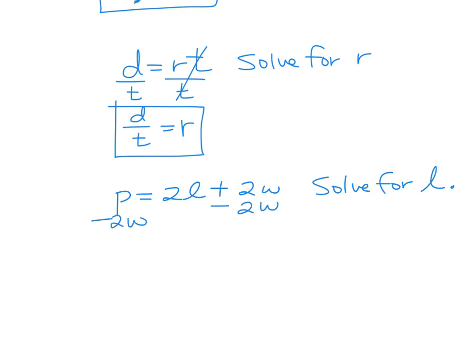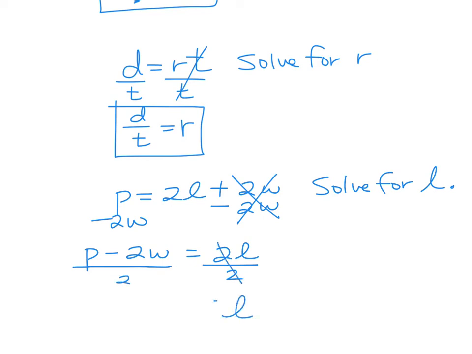So this is gone. P minus 2W, you can't do anything with. So you write it as P minus 2W. Okay, so that's my left side right now. My right side is L. What do I do next? Divide by 2. And when you divide by 2, you divide everything by 2. Okay, so you can write it as one big division bar like this, and you'll be left with P over